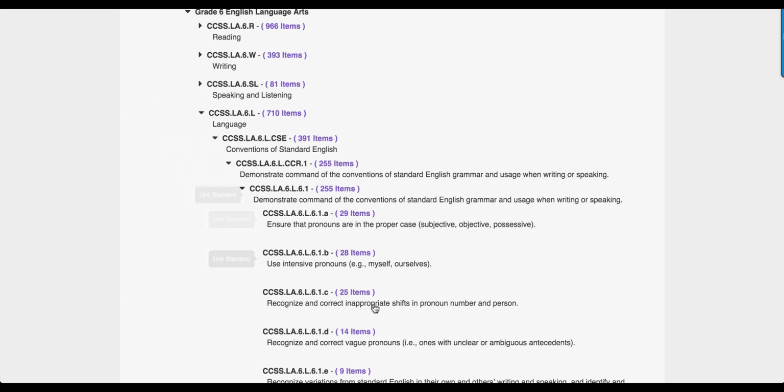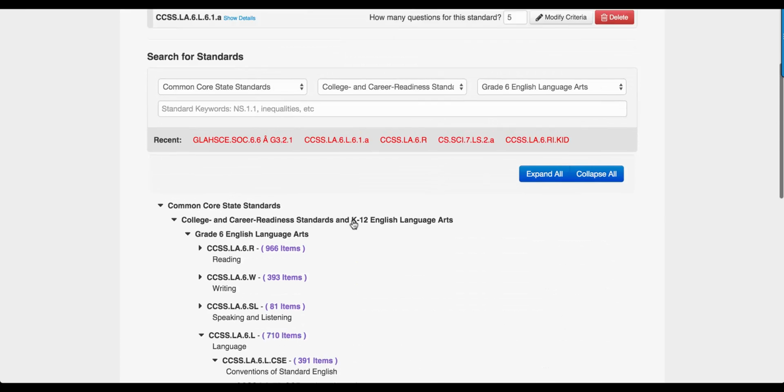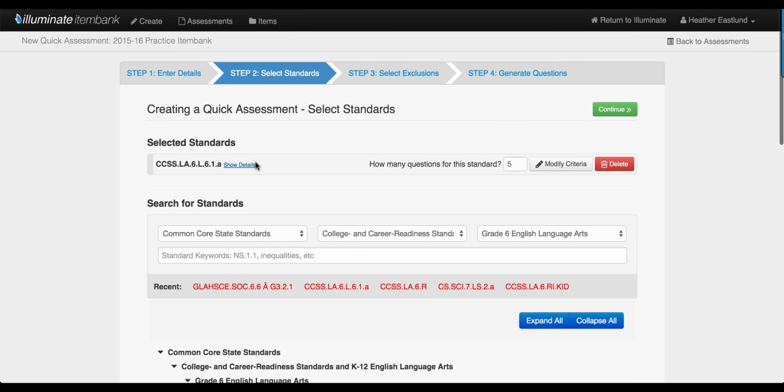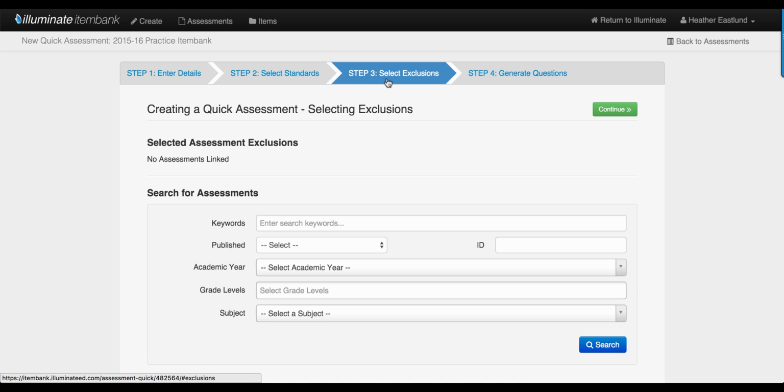Now you can click more standards if you want, but for this tutorial I'm just going to click the one standard, and I'm going to scroll back up to the top, and you can see that that standard was added here. And right here I can put how many questions that I want on this particular standard. After you have all the standards that you want in the assessment, click Continue, and you'll notice Step 3 is